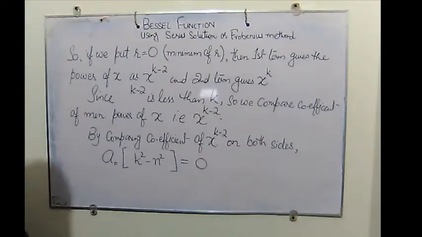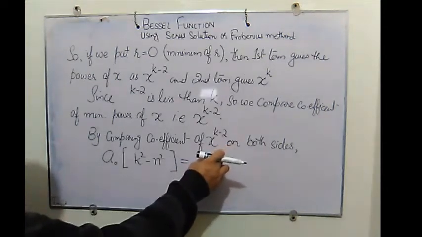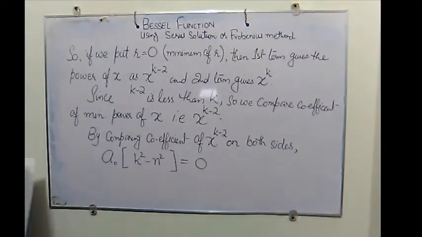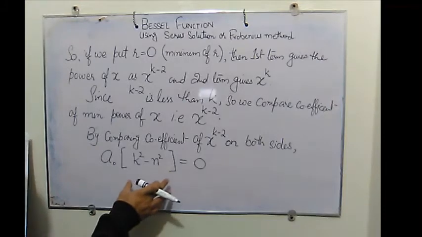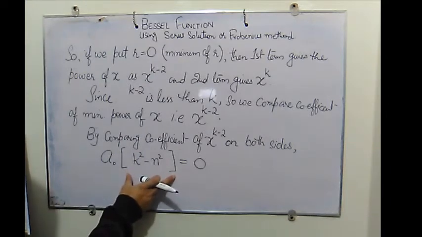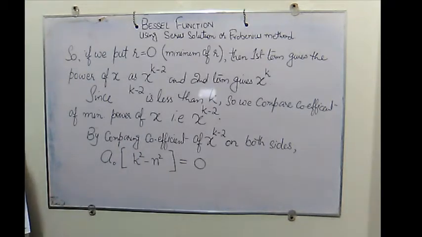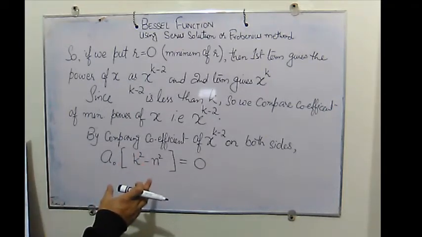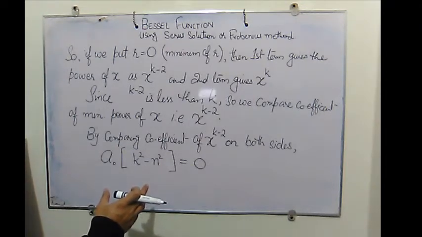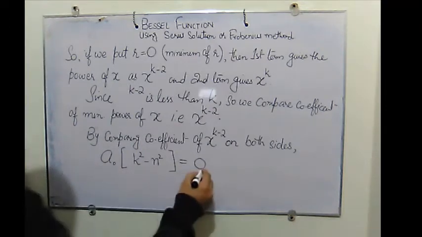Since there is no coefficient of x to the power k minus 2 on the other side, this coefficient would be equal to 0. And now we have the situation where the product of two terms is 0, that is a naught, or the product of this bracket term, and this is equal to 0. So one must be 0, but since a naught is the coefficient of the minimum power of x in our assumption, which can't be put 0, so I write it